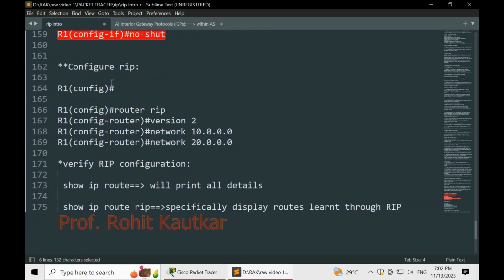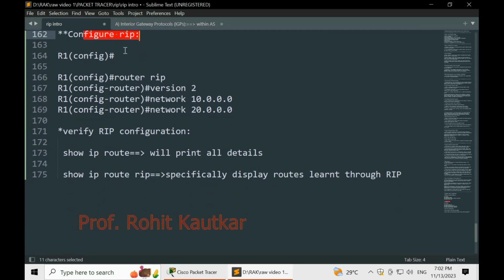Now after configuring all interfaces, you will configure RIP. Again you will be in the configuration mode of the router. This is the command router rip, so you will enter the RIP configuration of the router. Here specify the version. You can see we are specifying RIP version 2.